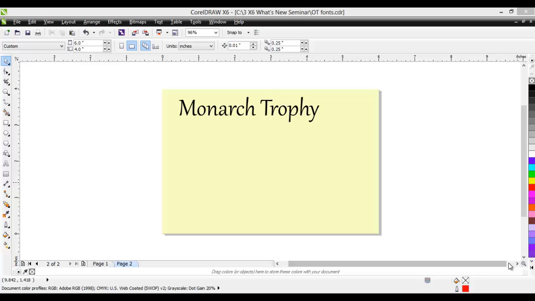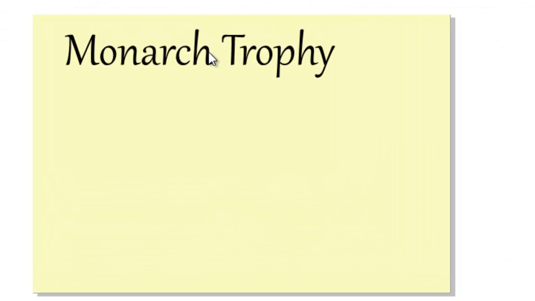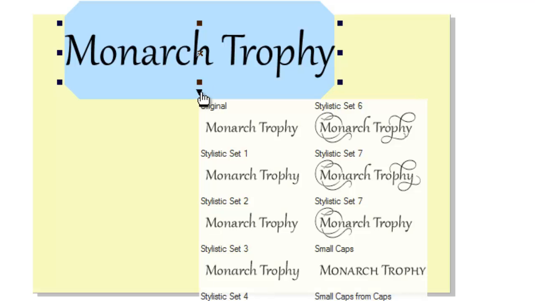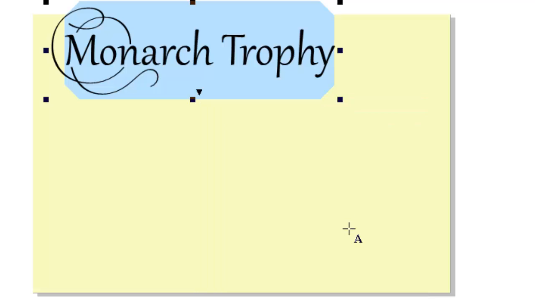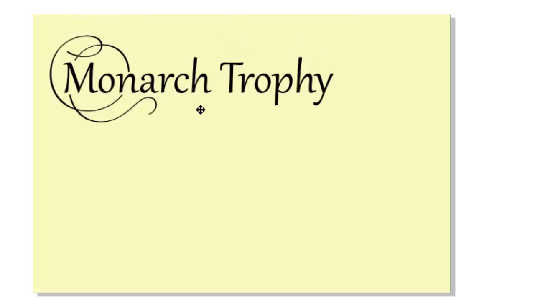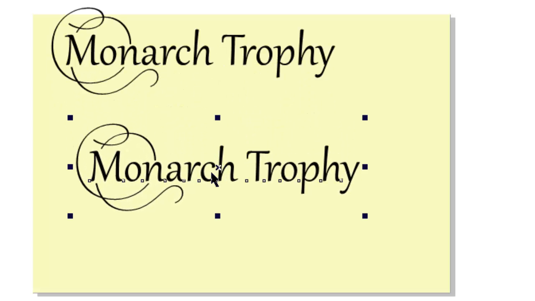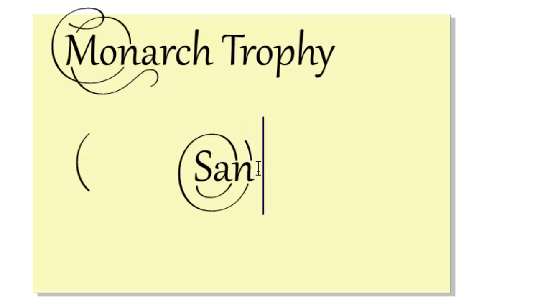In addition, we don't have to use the whole part. Let's do that again. I'm going to triple click on that. And I think I'd like to take just Monarch Trophy right there at the beginning. And then let's duplicate that. I'm going to select that, duplicate it. We'll double click, that'll put us into the text mode. Triple click, that'll select the whole part. And I'm going to type in some new text saying